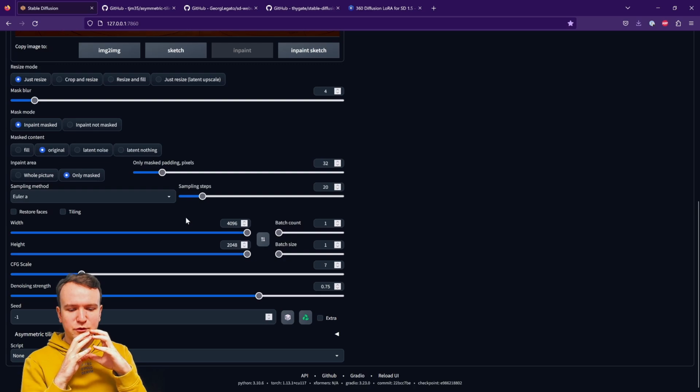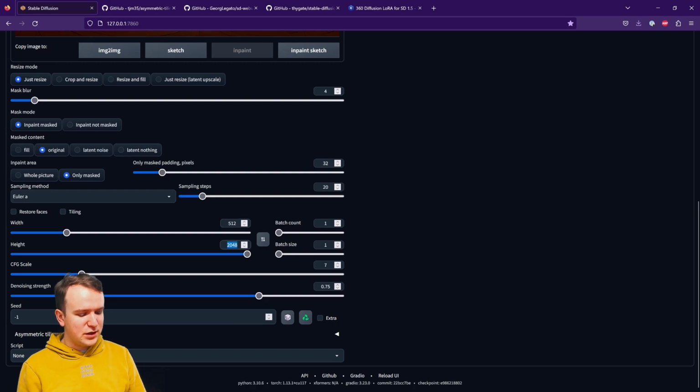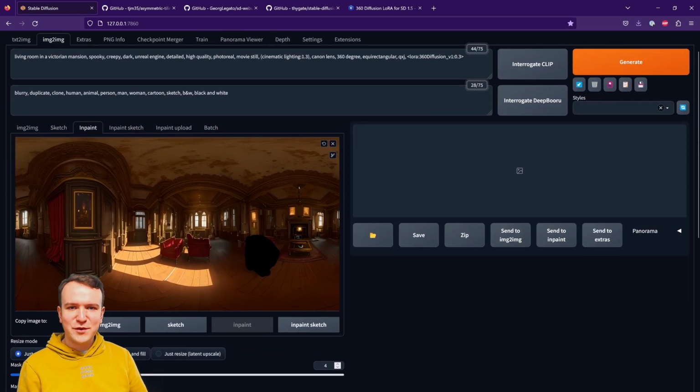That means it's only going to create this small little area at maximum resolution. That maximum resolution being a square of 512 by 512 in this case. Sampling method is the same, 2M Karras. Sampling steps, let's do 30. Everything else is fine. I want 4 different options and turn the denoising strength down to like 0.45 so it doesn't change too much about your image because you do still want that depth map to fit, right? And asymmetric tiling, turn that all off, make sure it's not running. And masked content, original, you want it based on the image that was there previously, and we can generate.